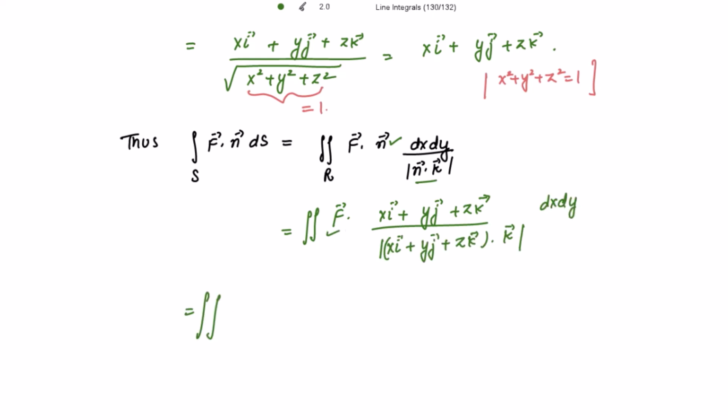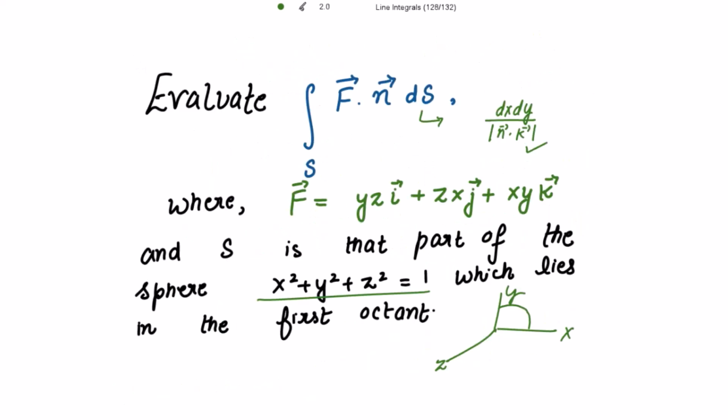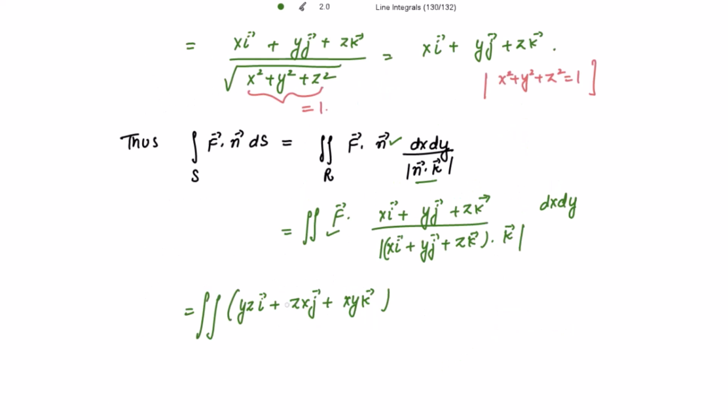Writing the value of f vector which is given to us, that is yz i vector plus zx j vector plus xy k vector, its dot product with x i vector plus y j vector plus z k vector divided by mod of, what is the dot product of this vector and k? It is z only, dx dy. Writing mod of z as z only,